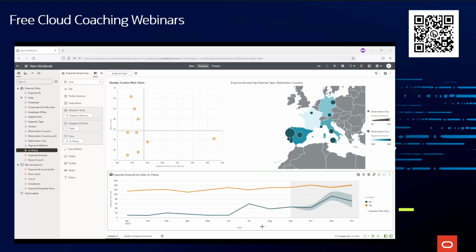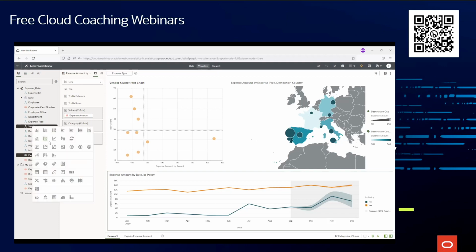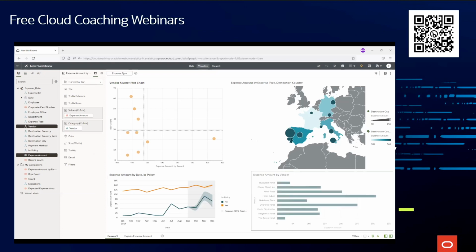But let's see what are the hotels where we spent this money in this period of time. So let's go back and select the expense amount. With control, we'll select the vendor. Right click on that. Now we will pick our visualization and we will try to see a horizontal bar. So we will see the expense amount by vendor for our hotels, but let's filter this by adding the hotels